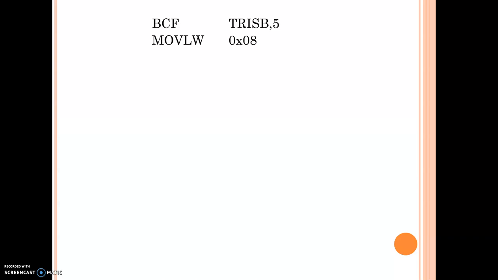We have seen the format of the timer control register. Now by using this instruction, I am transferring the data from the working register to the file register. That file register is my timer control register for timer 0. After loading the value in the timer control register, it's time to load the timer register low byte and high byte.